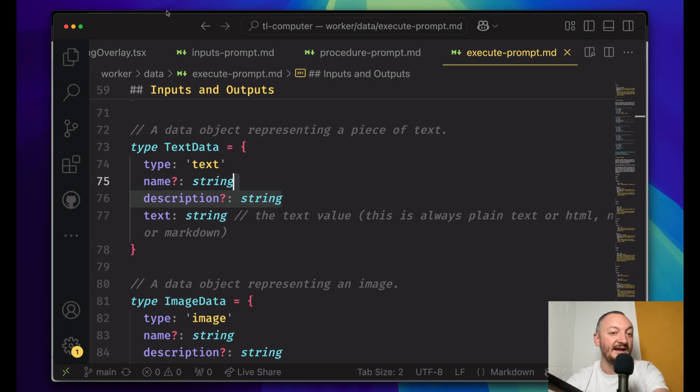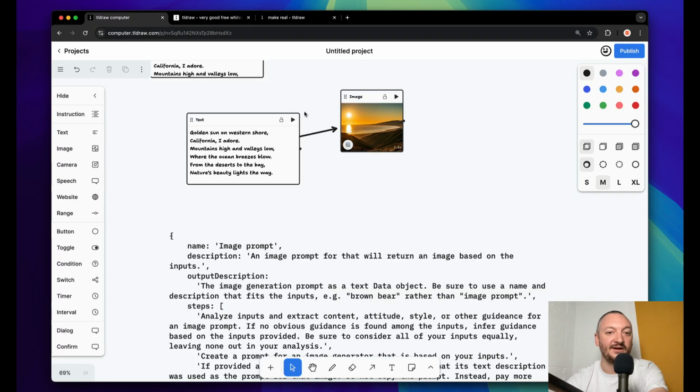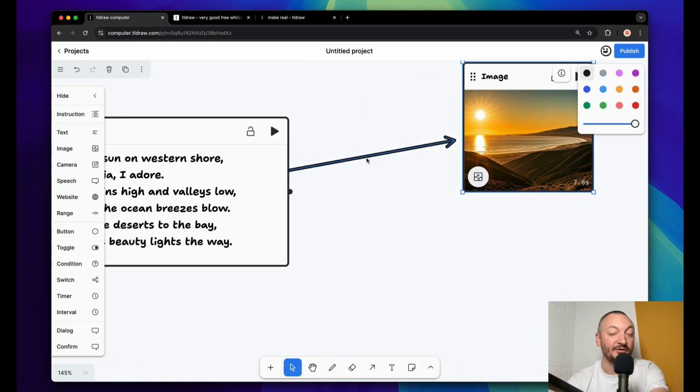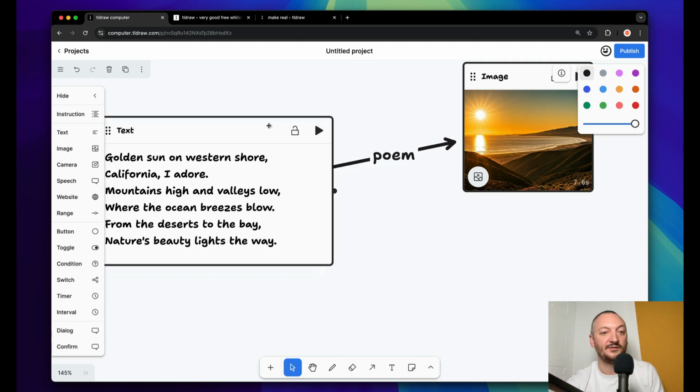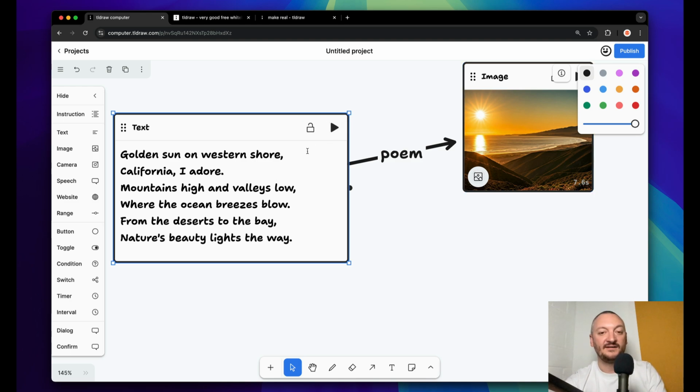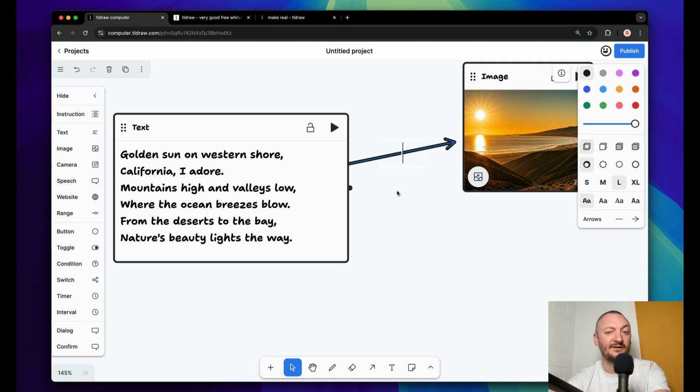The only way to set a name for a text data description, or any data really, as a user is by using labels. So if you double click on an arrow, you can set a label for the arrow, and that'll actually become the name of that data that's associated with the input. So this is going to come through as a text data with the name of poem. You don't have to do this. It's not really necessary, but it's a good option if you want to hint the system